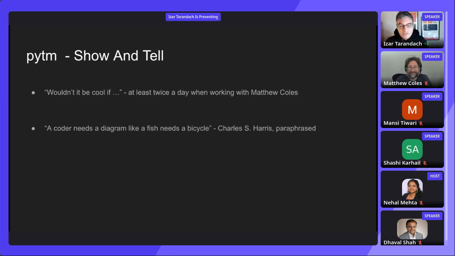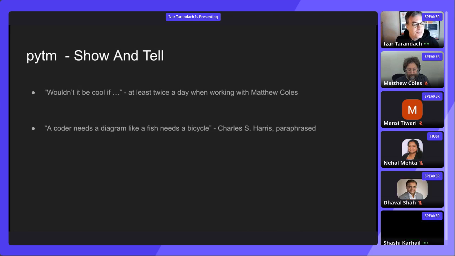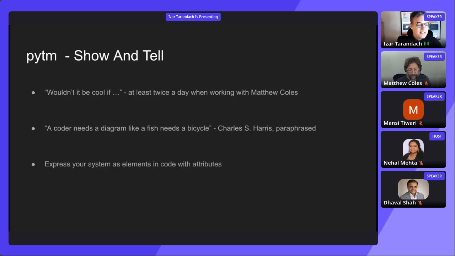Perhaps you need a different paradigm, a different way of approaching the problem. Then again, the drag and drop, the cut and paste, the black lines telling me where to go. So we came up with the idea of pytm. Wouldn't it be cool if we had something that you could use to express your system as elements in code,